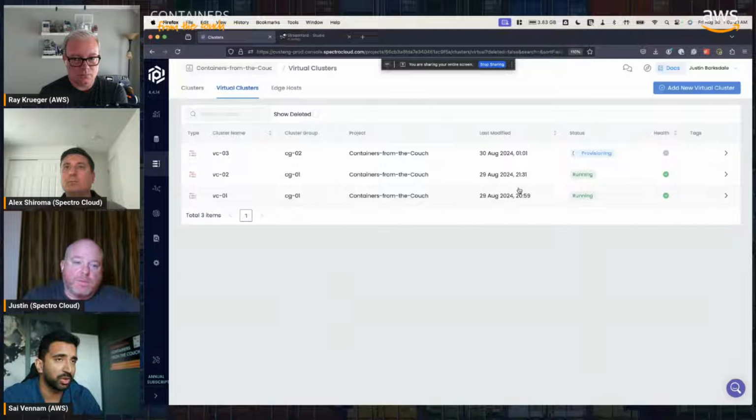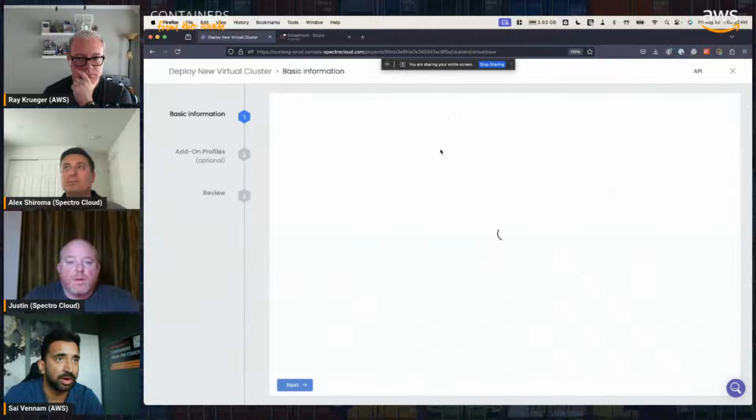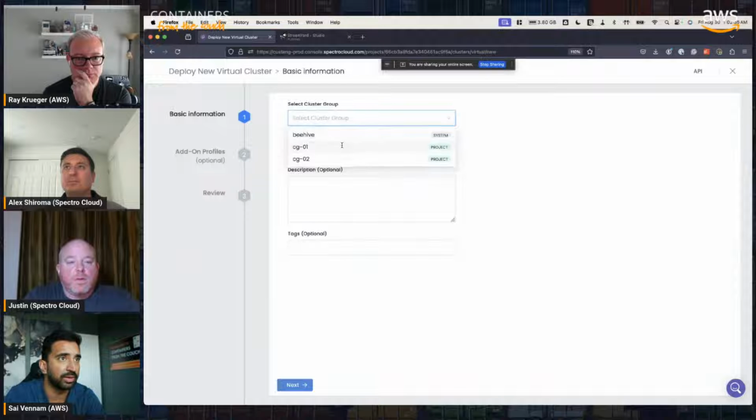So quick question, I have to ask this. The ClickOps experience, beautiful, works, very nice. What about for developers that want to automate some of these things, right? Like they want a virtual cluster spun up in response to a PR on their Git repo, run some tests, and then spin back down.